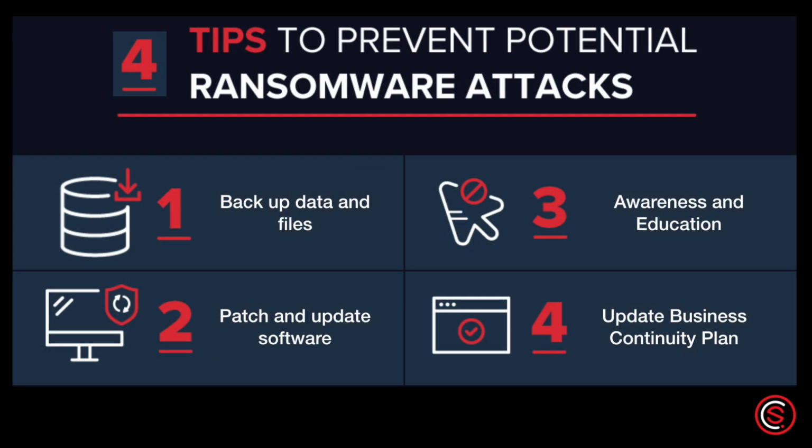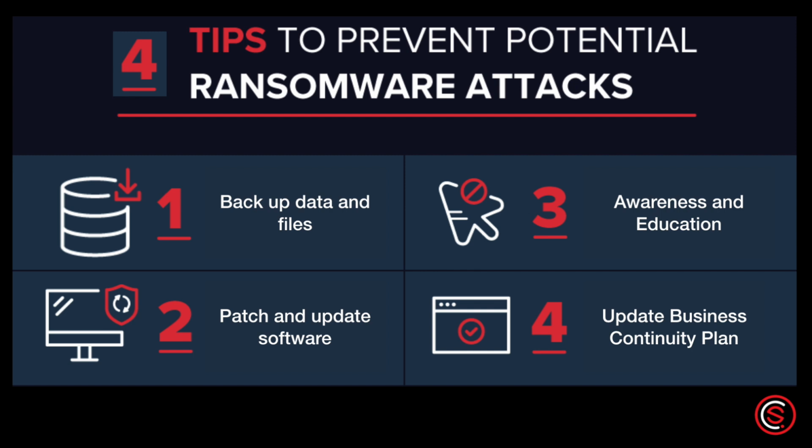So what can organizations do to prevent and prepare for ransomware? 1. Back up critical data and have backups ready to go. Ideally, store backups in different locations with high-level encryption and multi-factor authentication, since ransomware is known to target and delete backups. 2. Patch and update software, particularly legacy systems that are susceptible to attacks. And 3. End user is still the weakest link, so bolster training and awareness programs.